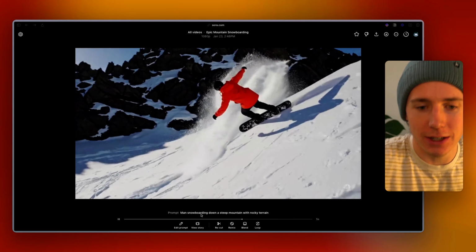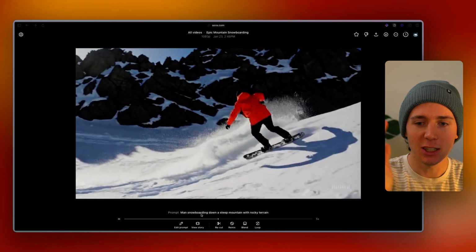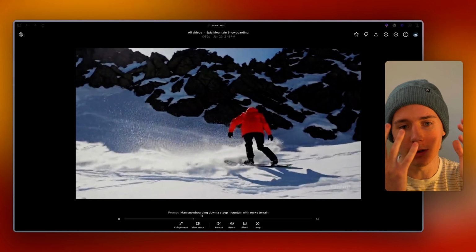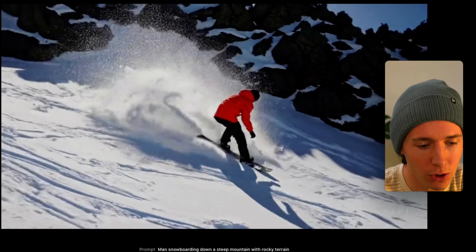But I think the idea here is not that it's going to create full-length movies or anything like that. It's just making the speed of implementation from idea to video or trailer or B-roll or whatever it is you're making way shorter. So now if we go to this actual movie, you can see that we can actually edit